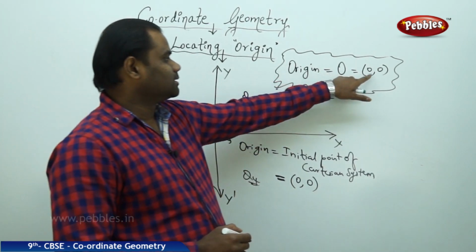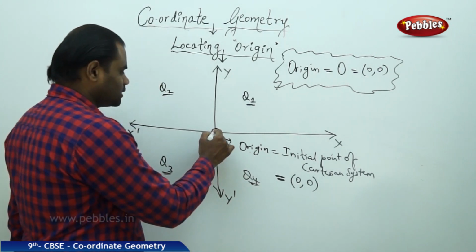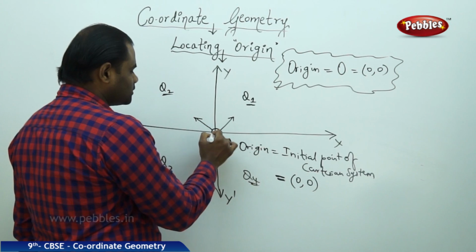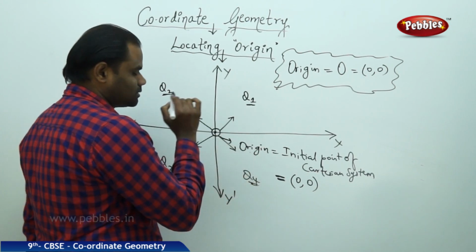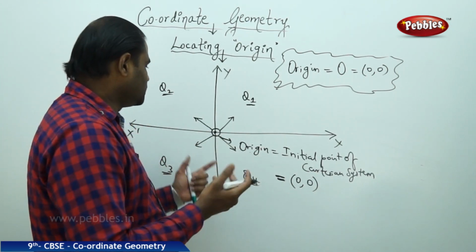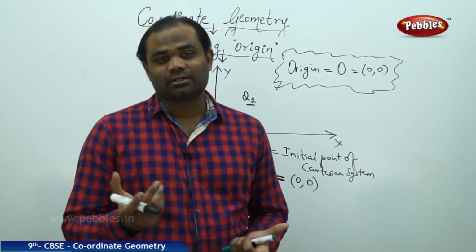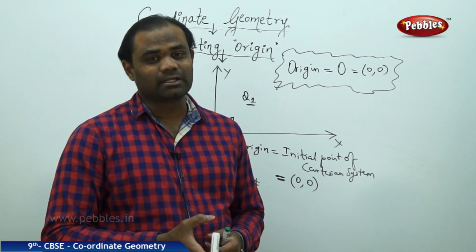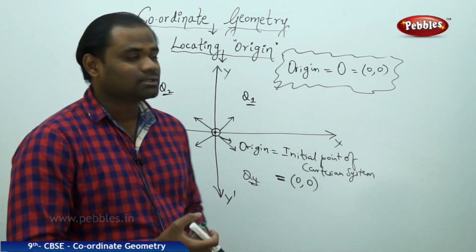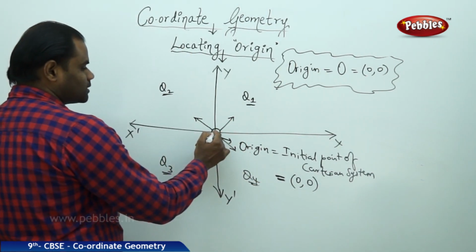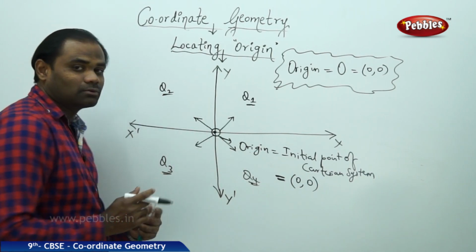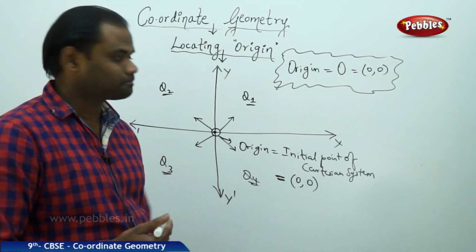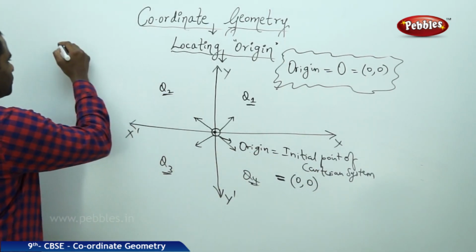As we see, it is in its initial position, so it is neither in this region, nor in this region, nor in this, nor in this. Sometimes we assume that origin lies in all the 4 quadrants, or sometimes we say origin doesn't lie in any of the quadrants. Because it is an initial position, we don't count the origin in any of the 4 regions. Therefore, it's a very important note